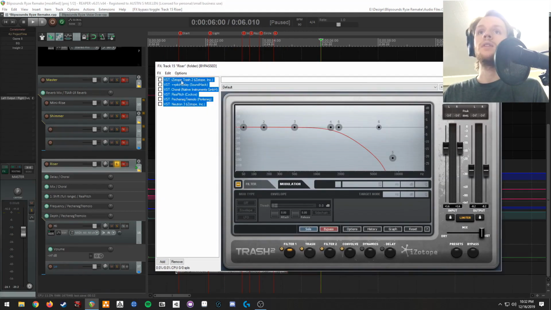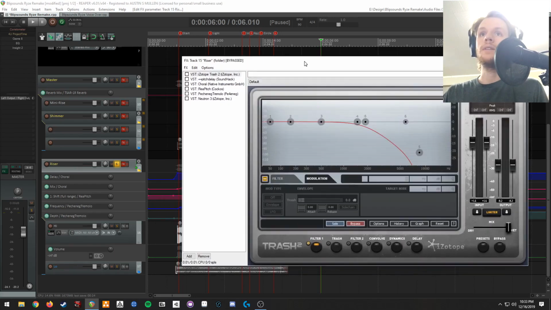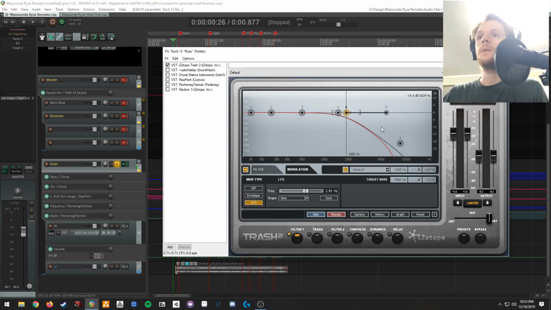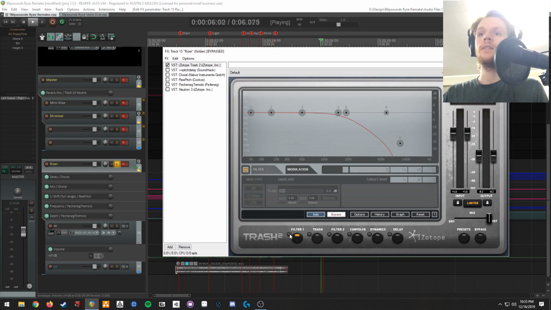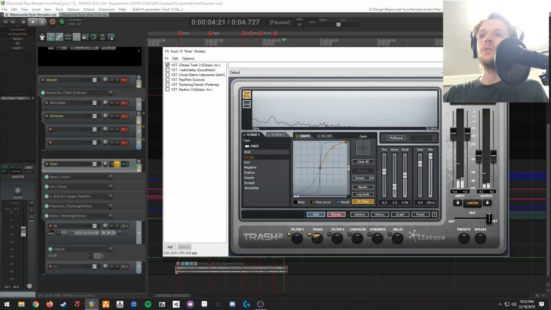So if you're unfamiliar with Trash, it's a plugin by Isotope that is a whole channel strip of distortion and amp simulation. I took off a lot of the high end because it had too much static in it, and it also has the low pass filter oscillating between these two positions. So with the high end and without, some distortion.